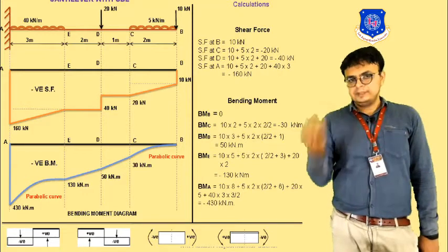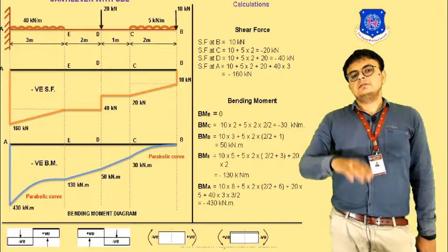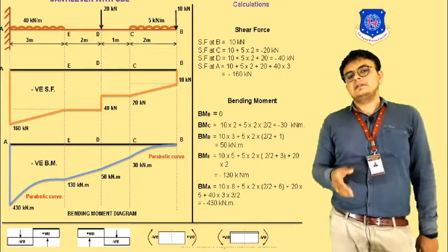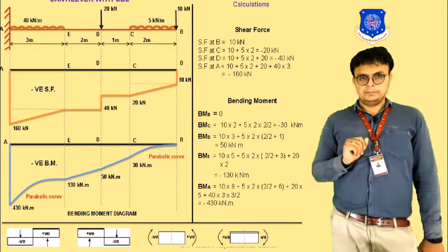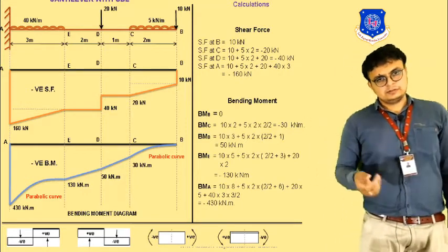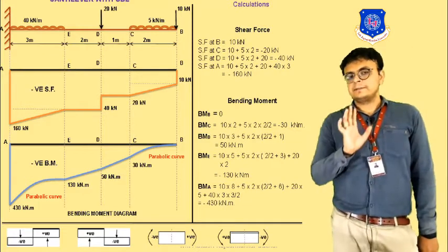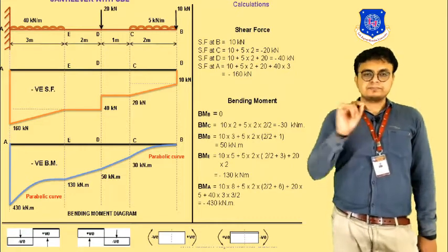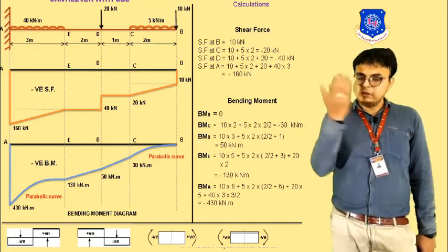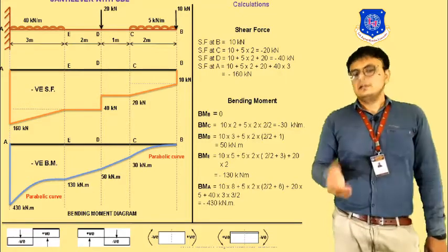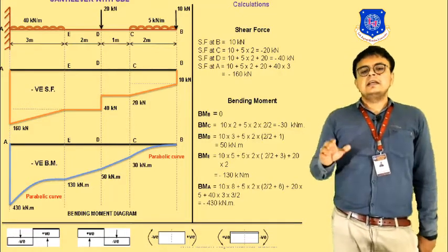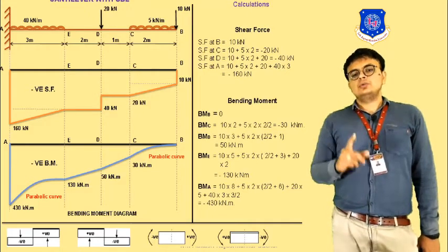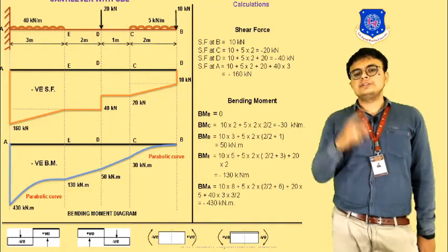So from B to C, moving towards C means considering all the loads from B, we have the concentrated load and the UDL. So we just have to take the moments. The distance of B to C is just 2 meter. So the moment will be equal to 10 into 2 plus, because all the loads are in downward direction, we just have to add a minus sign. It will be there because it is clockwise from the right hand side. So 10 into 2 plus 5 into 2 into 2 by 2.